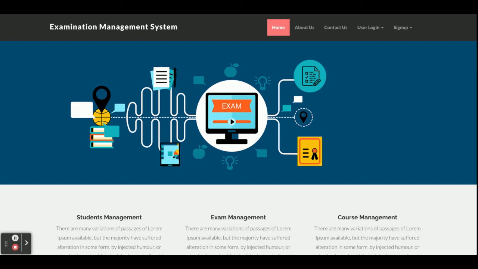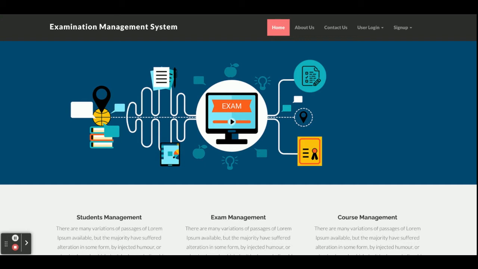But if you have a WAMP server, then you can easily configure this project on the WAMP server too. The PHP version is 7 and MySQL is 5.6. For front-end development, I have used HTML, CSS, and JavaScript. I have also used some jQuery libraries and plugins, for form validations, integration of date calendars, and creating drop-down menus. So these are all the technology stacks I have used for developing this project.